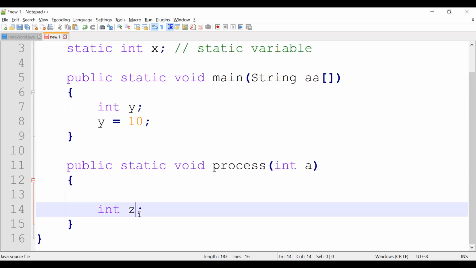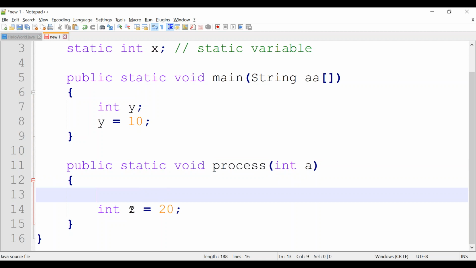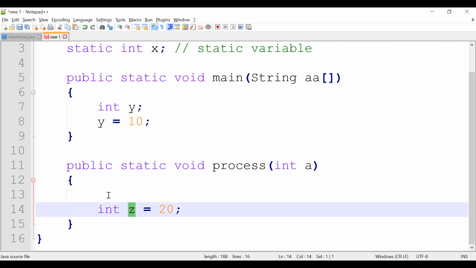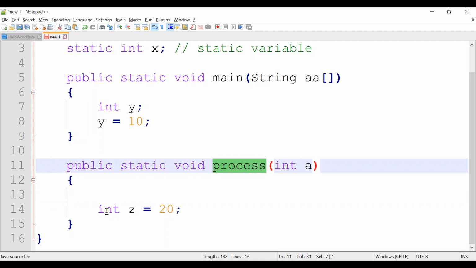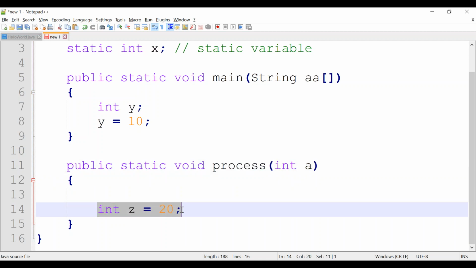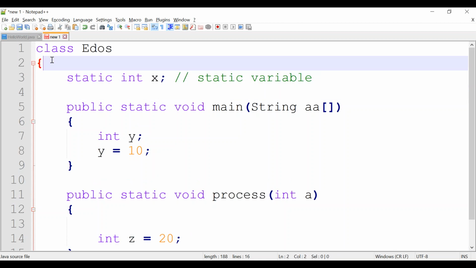Same way, z is declared and initialized inside the process method. So z's scope or visibility is that it can be accessed and used inside the process method only. That is the limitation of local variables. Local variables can be accessed inside the methods where they are declared, whereas global variables can be accessed throughout the class.